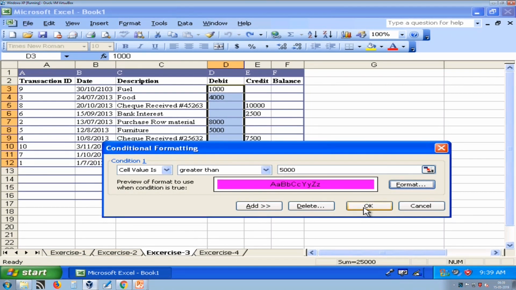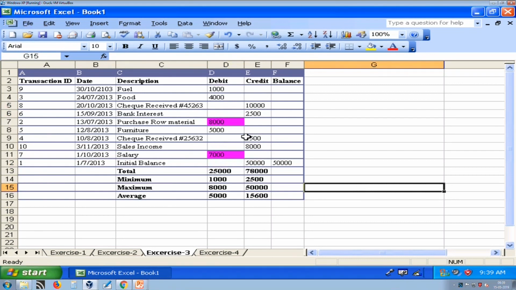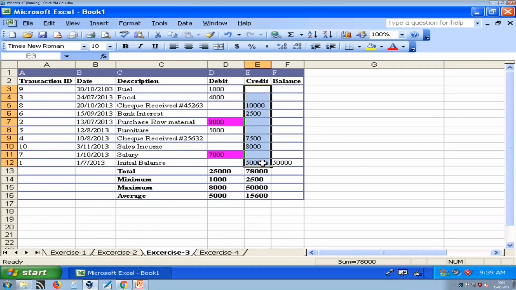So, I then press OK. Here there are two expenses which are greater than 5,000, which are automatically highlighted by Excel depending on our criteria.